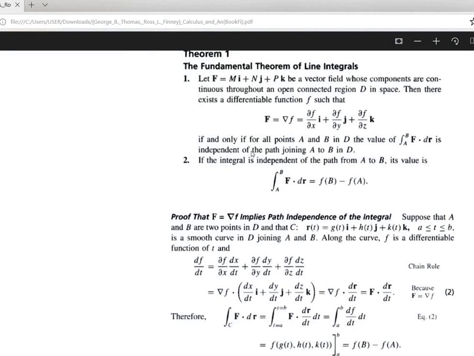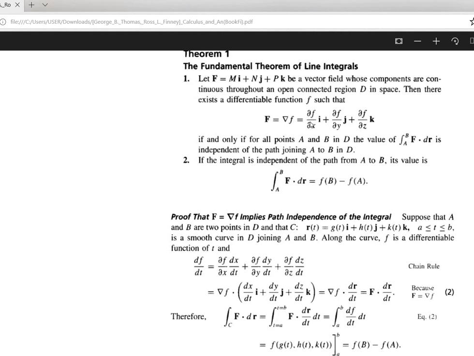Okay. Listen, this is the fundamental theorem of line integrals. Let capital F equal m i plus n j plus p k be a vector field whose components are continuous throughout an open connected region D in space. Then there exists a differentiable function f such that